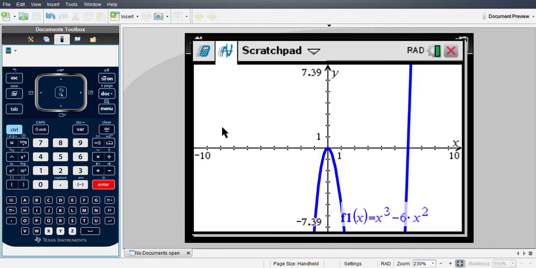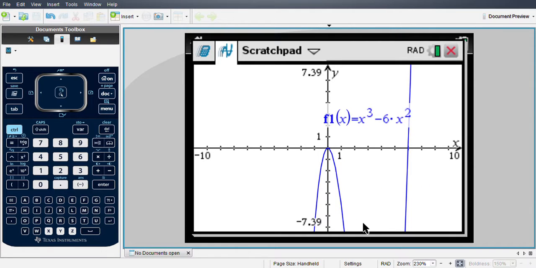This is the initial view that the calculator will give you. This is not a good view because, as you see, we have so much space here, and this is a waste. We need to adjust the window so we can have a -4 for the x-axis. And if you will see, the lowest point of the graph is not seen, so we need to adjust the y minimum as well. The lowest that we have in the window right now is -7.39, and let's approximate in